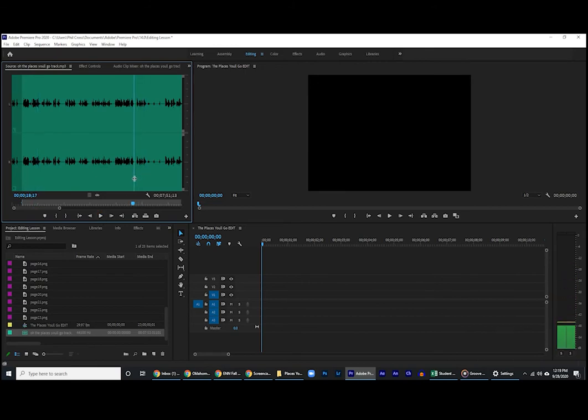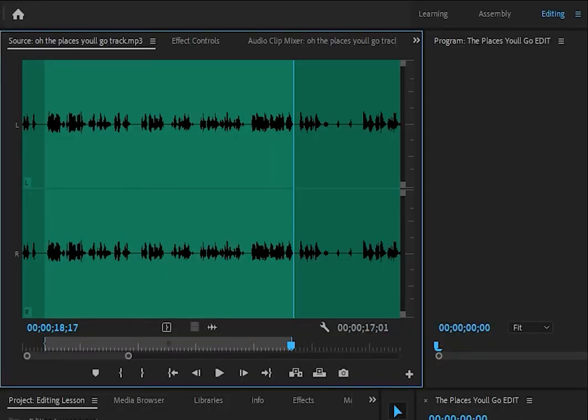Now you've selected this part of audio, and it's time to tell Adobe how you want to get it from the source window to your sequence. Just to the right of your play and step forward buttons are these 2 buttons. At this point, either of these 2 buttons will work for you, but they are different, so let's take a look at them. The first one shows 2 tiny boxes and a third box trying to wedge itself in between them. This is the insert function.